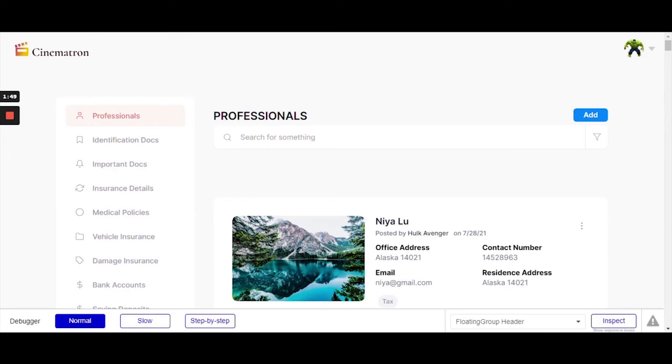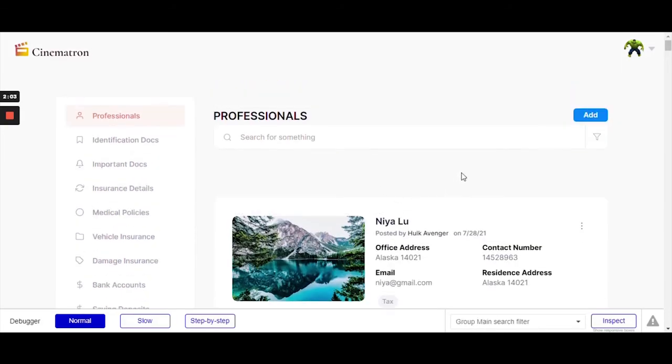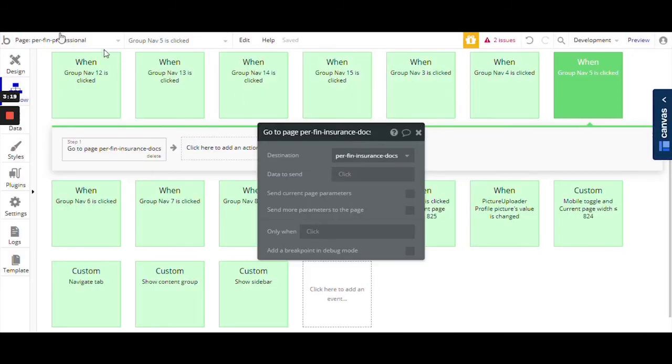Sometimes the message won't come, so you have to manually refresh it, or it's basically just clicking the refresh button for that matter. Okay, so basically you won't find any difference except when you hover, you have this hand cursor thing, which we didn't have before. So let's go ahead and click on insurance detail. We have just refreshed the page, and we are currently on insurance details, as you can see in this particular tab over here, which is insurance docs or insurance detail,